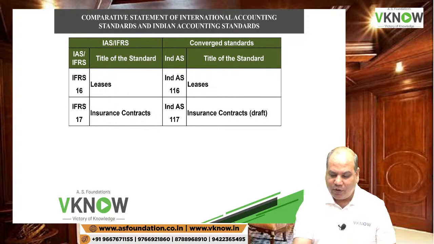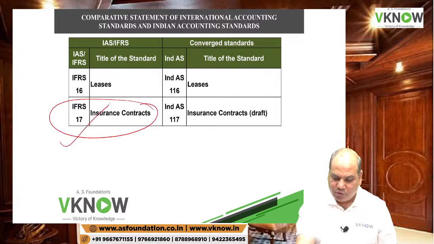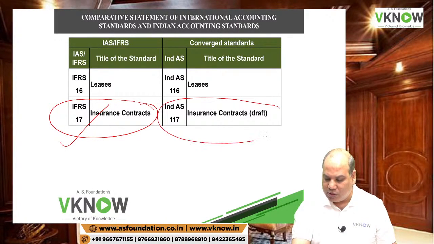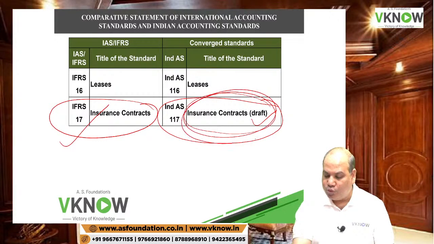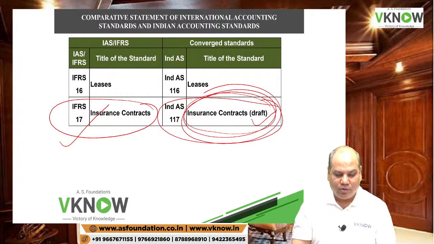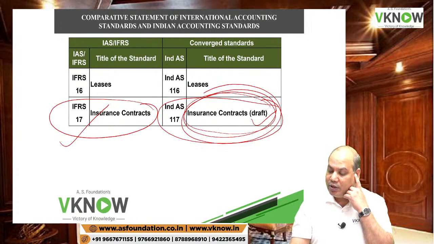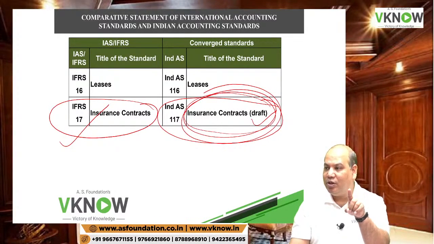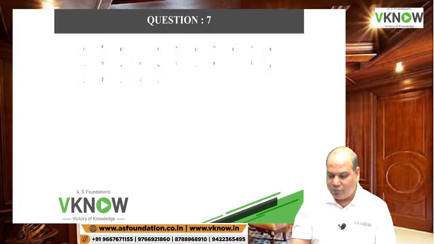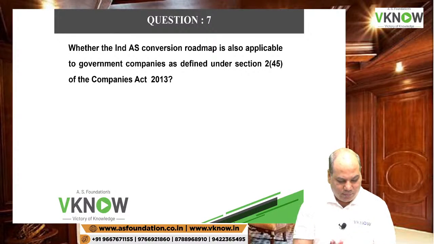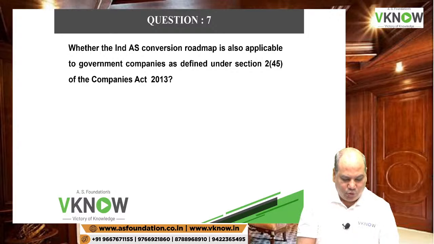There is IFRS 17, insurance contracts. This has been issued, but what about us? We are in the draft stage. It is not yet mandatory or applicable right now, and that is why even insurance companies are right now not following the Ind AS. But once this is finalized, approved, issued, then insurance companies will also follow Ind AS, because then 117 will be specifically applicable to insurance entities. Is it right? Yes. One more question I want to take, then I will give you off.